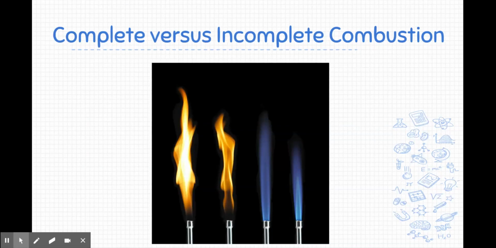Okay, so now we're going to compare complete versus incomplete combustion. On this photo that I have out here on the screen, on the left, I have two flames which are undergoing incomplete combustion. On the right, I have two flames which are undergoing complete combustion. So what I want you to think about when we talk about the properties of incomplete versus complete combustion, I